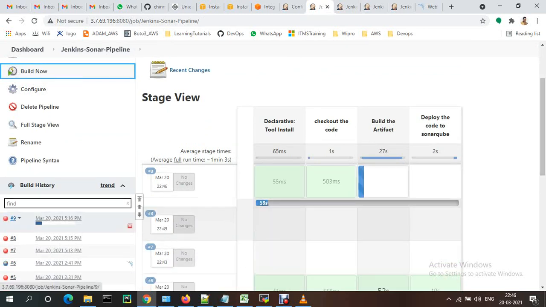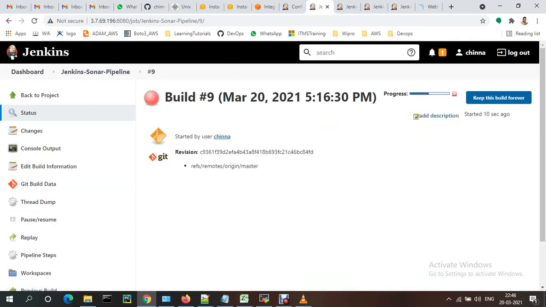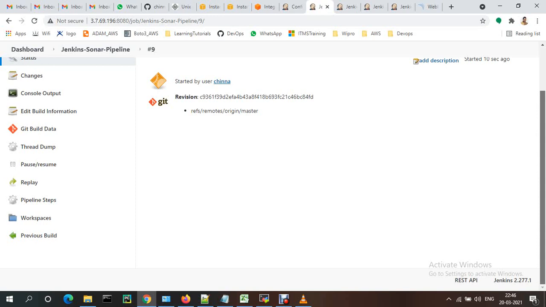Now let's, this build is going to be success. This build is running. Let me check the quality gate.